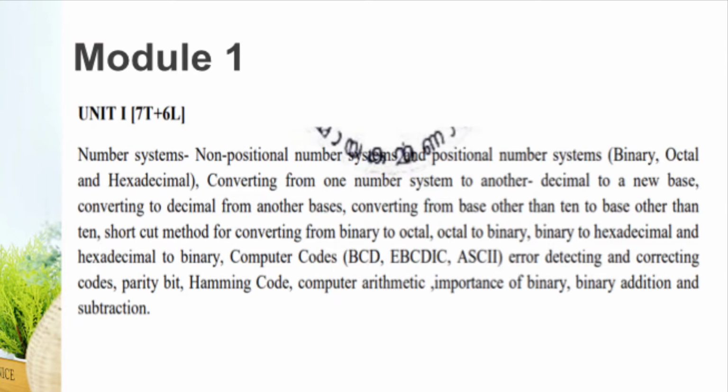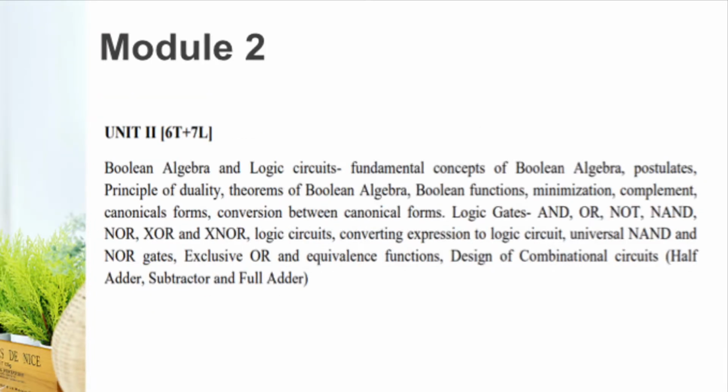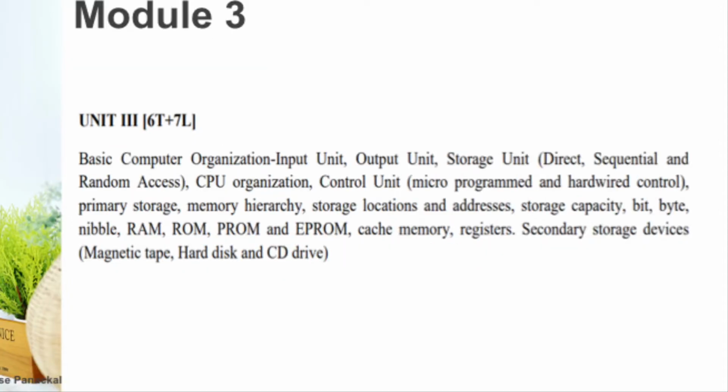Then Module 2 will discuss how Boolean algebra is utilized in circuit designing, and we will learn the simplification methods in Boolean algebra for getting better circuit designs. Module 3 is used to discuss the basic components of a computer, which are called hardware. It also discusses the major components such as CPU and memory and how these are organized.